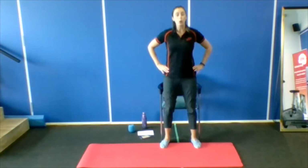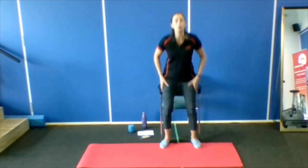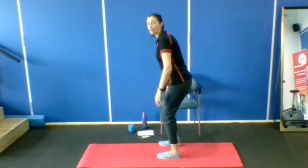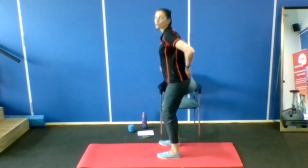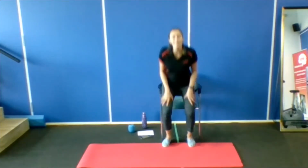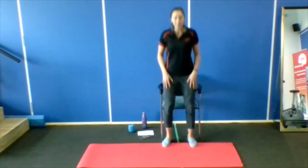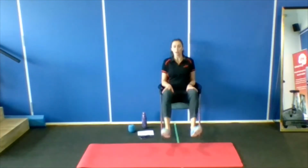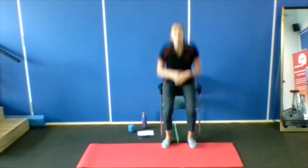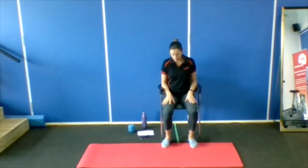Make sure you're coming all the way up, hips are forward, tucked underneath you. I don't want you stopping here with your bum stuck out. We've got to finish all the way, and you've got to come all the way down, but I don't want to see the feet come off the ground, so I don't want to see you stand up, sit down and kind of rock into it. Those feet have to stay loaded. So on the edge of your chairs,